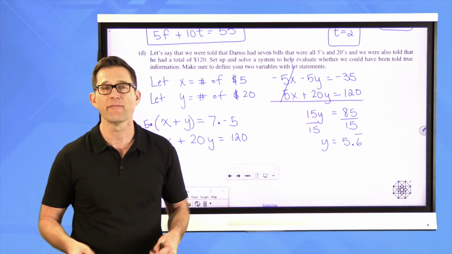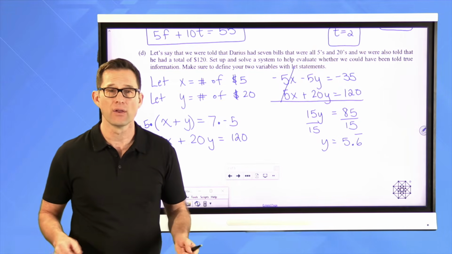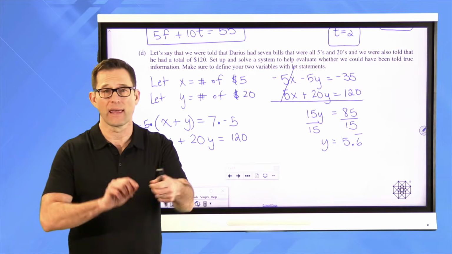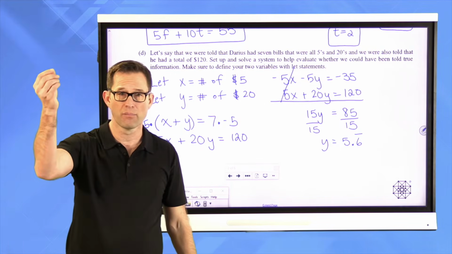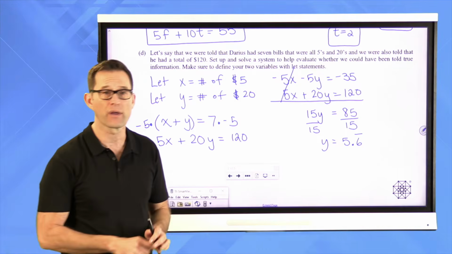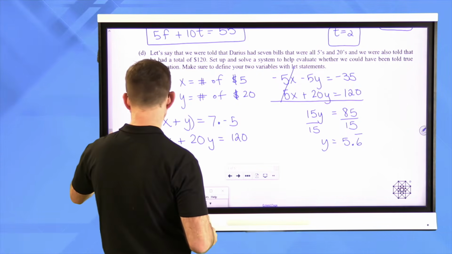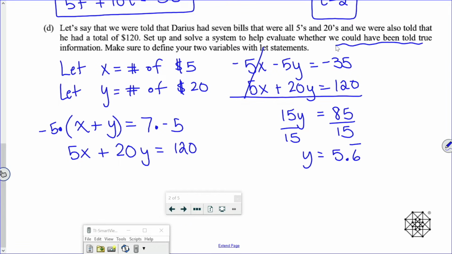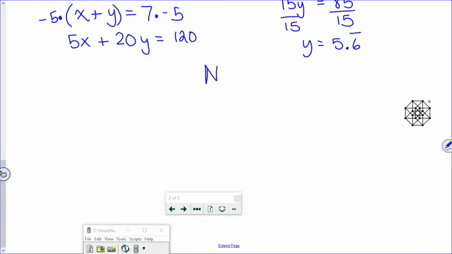You can't have 5.6 $20 bills in your wallet. At least the 0.6 $20 bill would not count. You can't rip a 20 and be like, look, I have a portion of a 20. That doesn't work. Remember the question was, could we have been told true information? And the answer was no. No, this could not be true